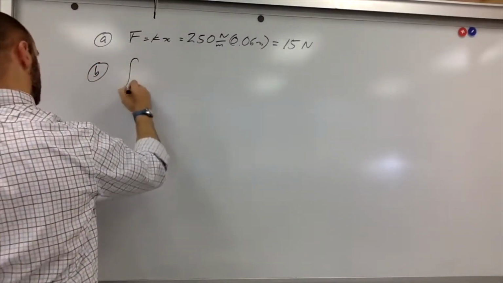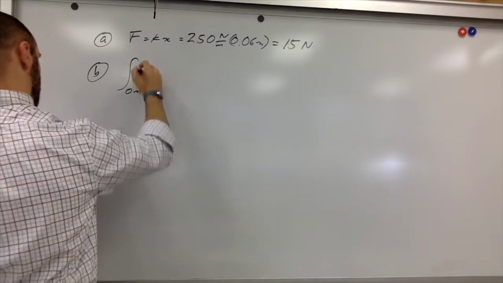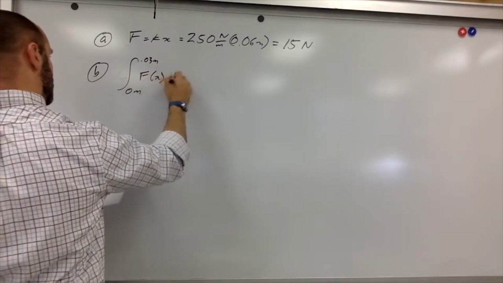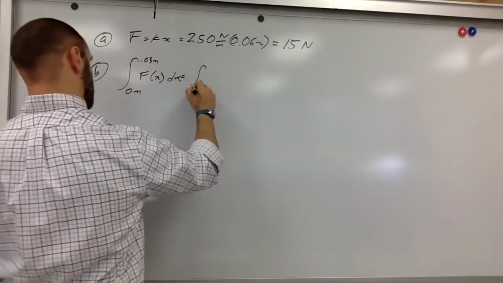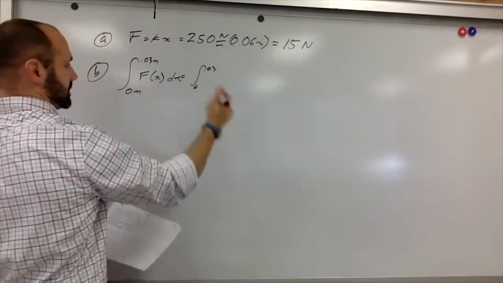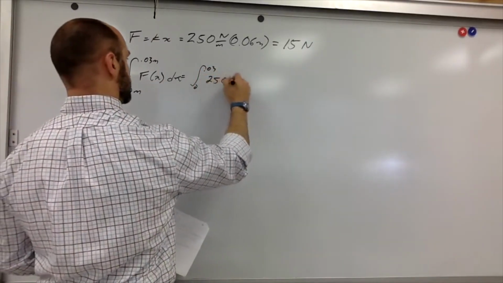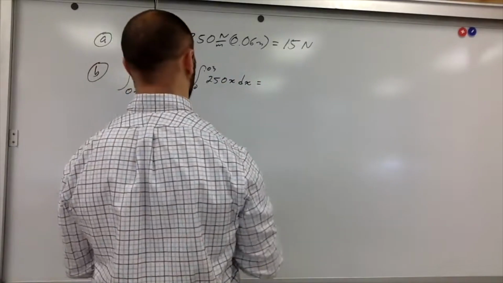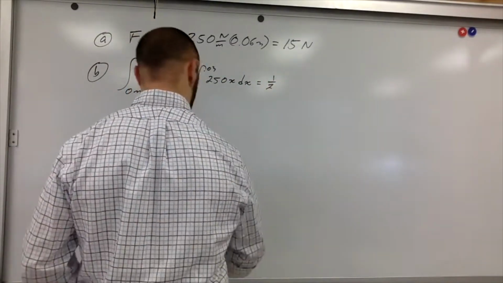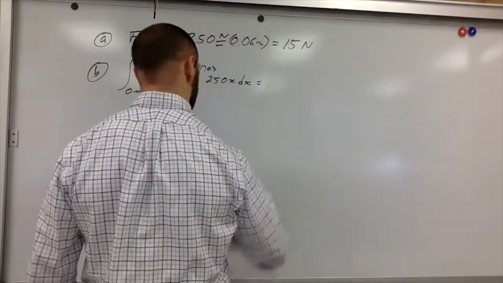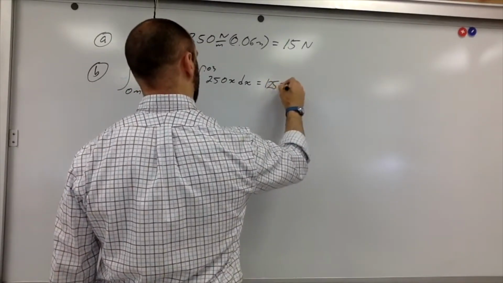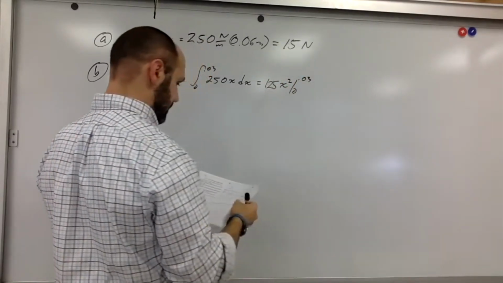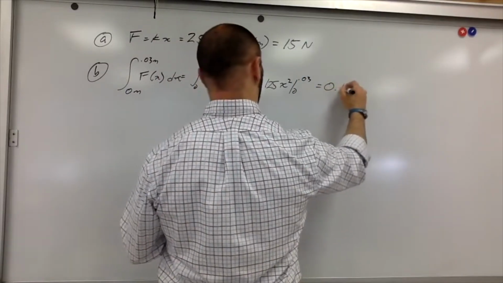If we use calculus, we're going from 0 meters to 0.03 meters, F as a function of x, dx. And F of x is kx. k we know is 250. So the integral of 250 x dx ends up being 125 x squared from 0 to 0.03. I plug in the numbers and I get 0.1125